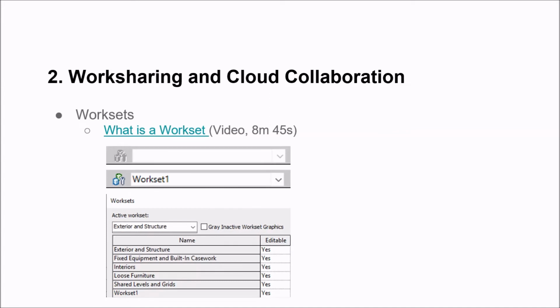Another critical component to understand and take full advantage of work-shared models is worksets. As mentioned in the last video, to be able to modify a workset, a user must check out the workset and make it editable. I suggest paying close attention to the examples of worksets mentioned in the video link and the suggestions about how many worksets should be included for a project, as there is a homework question related to this. Again, please pause here and watch the related video by clicking on the link in the provided slide deck.